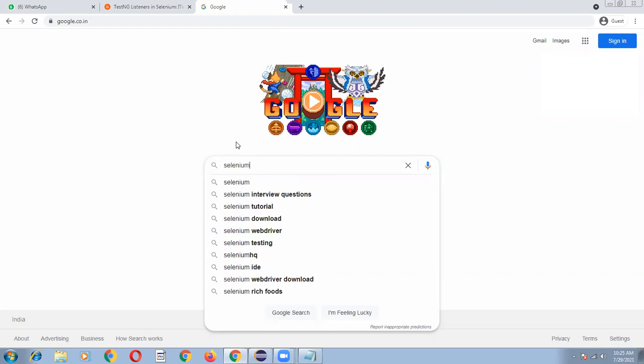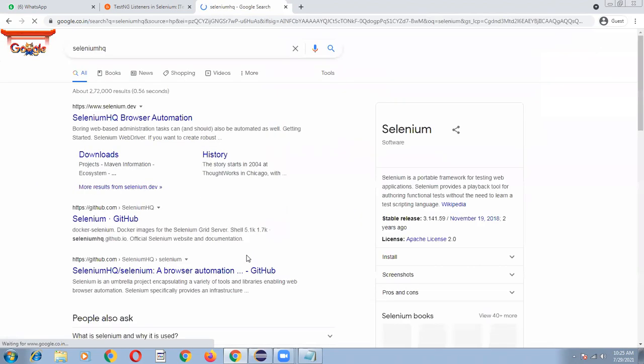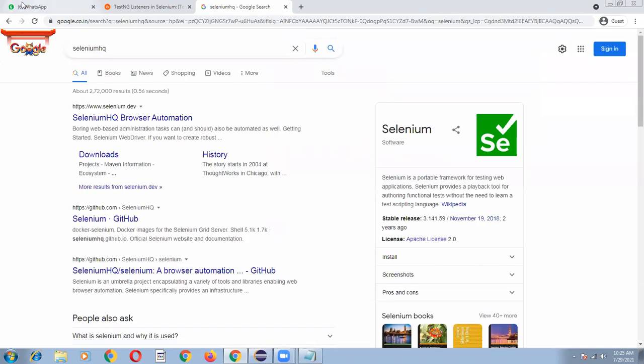Selenium, selenium interview questions, selenium tutorial, selenium WebDriver, selenium testing, and selenium HQ. There are so many keywords. As per the requirement, I want to click on selenium HQ. So I'm clicking on selenium HQ, and it navigates to this page. So that is the requirement.